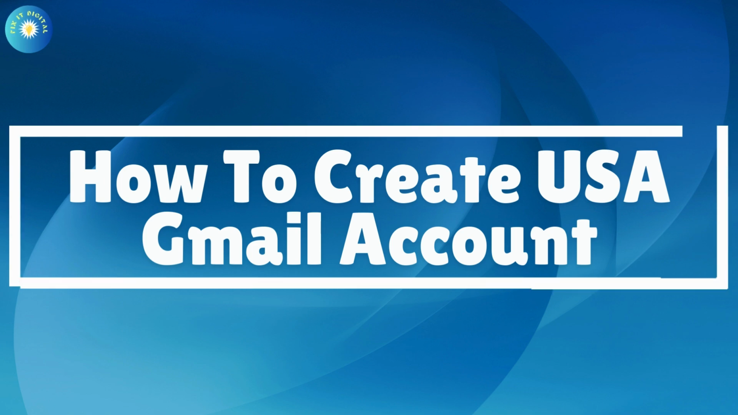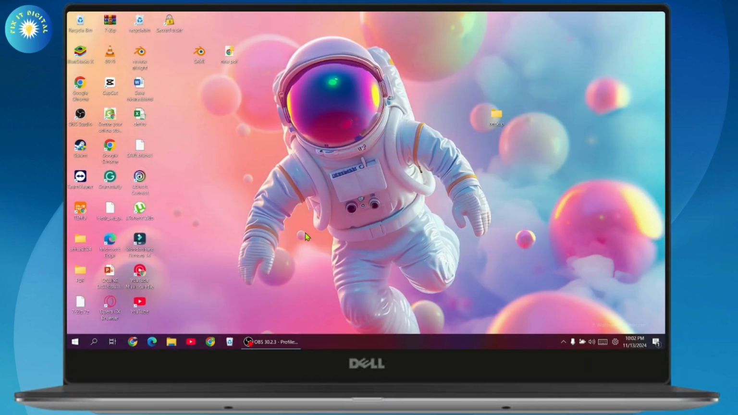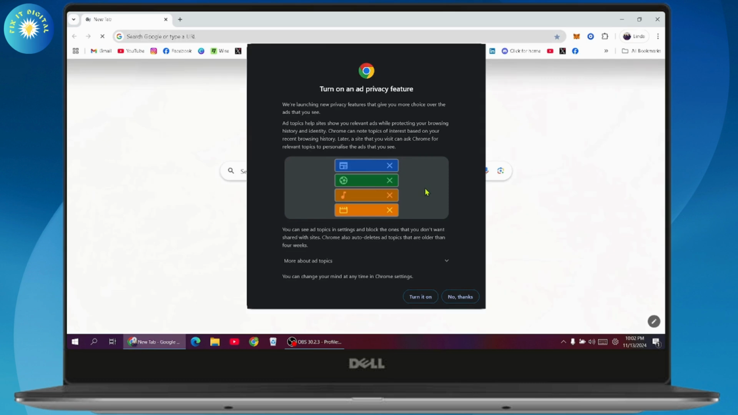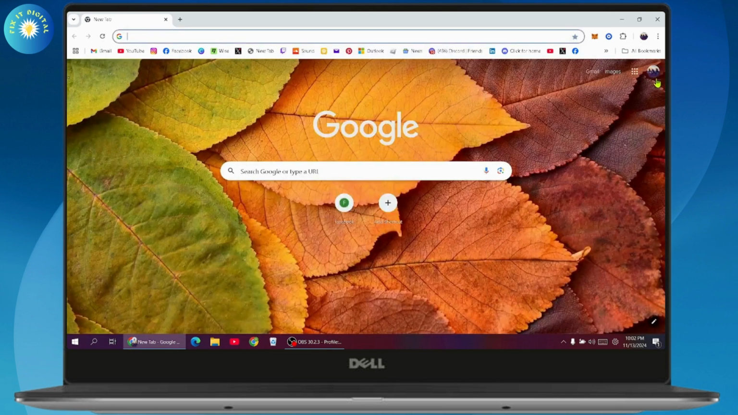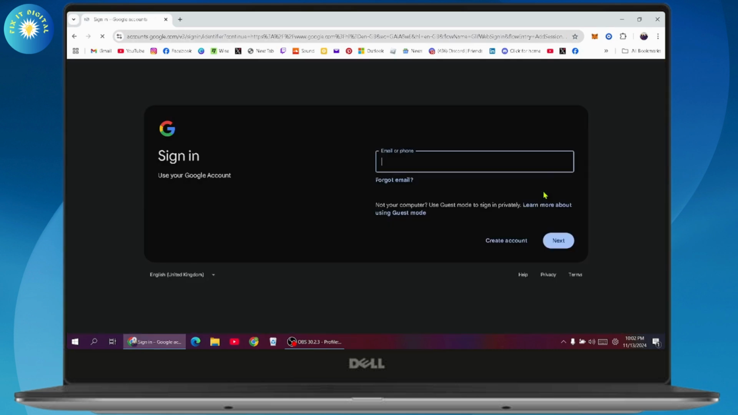Create USA Gmail account. So if you want to create a USA Gmail account, then what you need to do is simply go to your browser. Once you're in your browser, go to the upper right, which has the profile option, and go with add account. Once you're under add account, simply go with create account